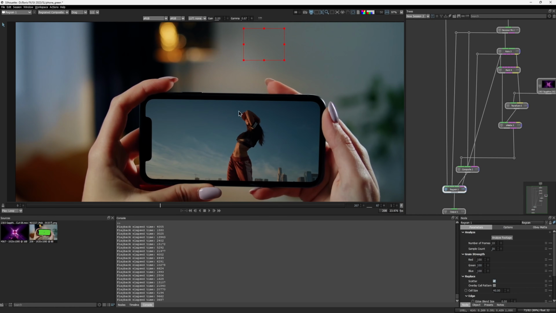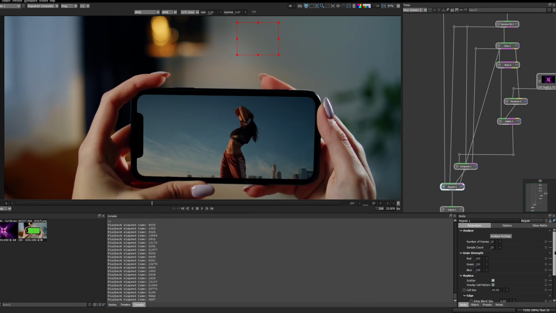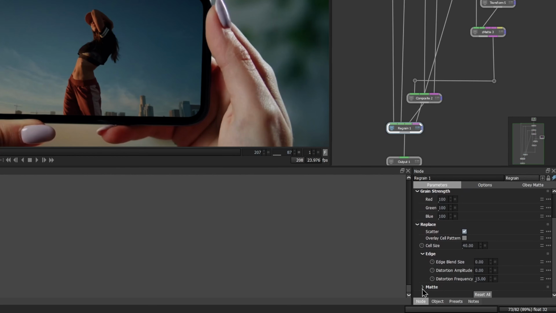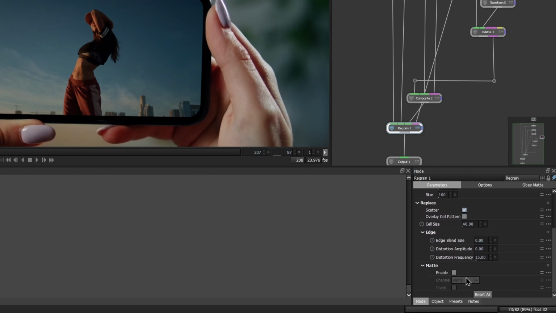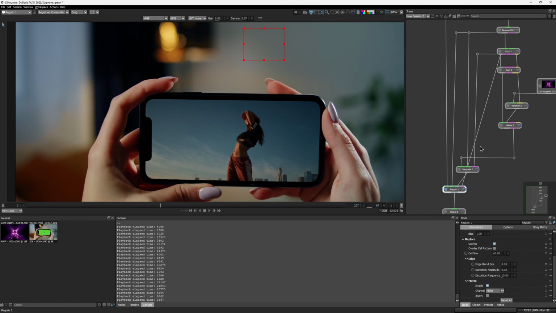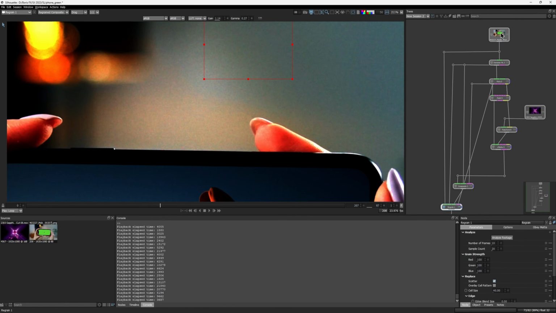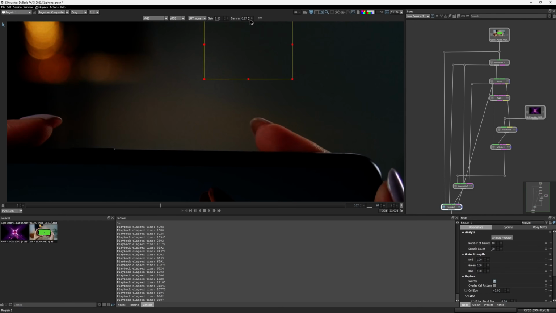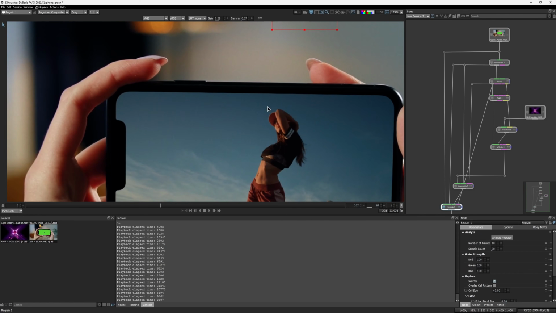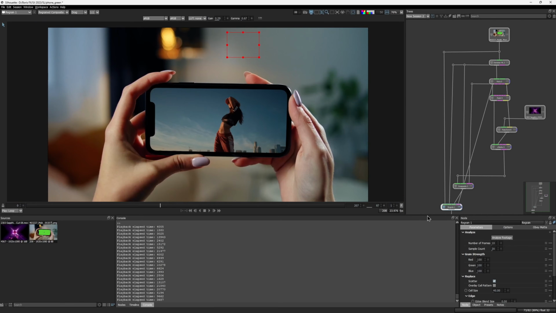To limit it to the area of the matte that we fed in, we need to scroll down in the settings and under the matte menu, turn on the Enable checkbox and select the corresponding channel. I am using the Alpha Matte, so the default option is what I need. Now everything is set up as it should be. In all areas except the screen, the noise pattern stays exactly the same. And the scattered noise is only appearing within the area of our matte to hide unwanted leftovers from what was cleaned up.